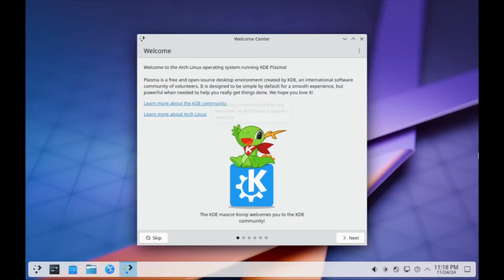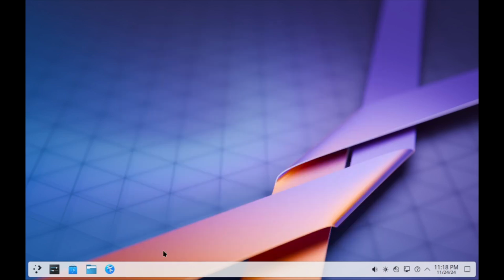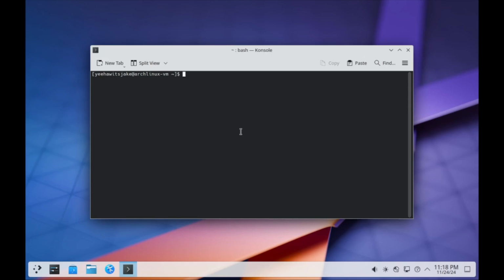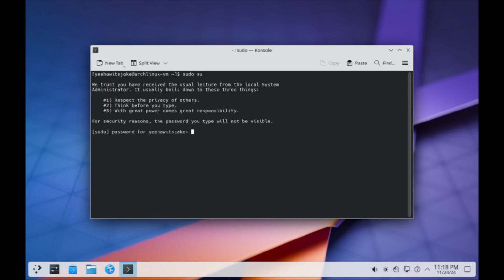And there's one last update we want to make, and that is installing Paru, which is going to be our AUR package manager. There is Pacman, which is obviously with all Arch base systems, but Paru will help you a little further. Oh, I also just realized I forgot to install a browser. Let's open up a terminal. So we'll do sudo su